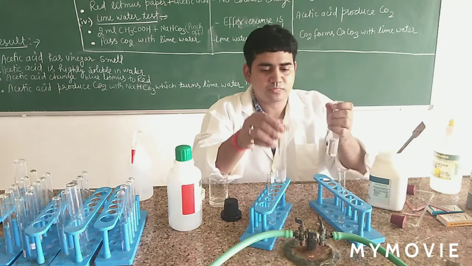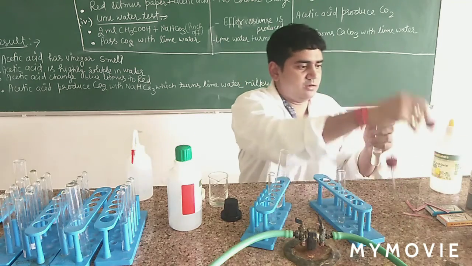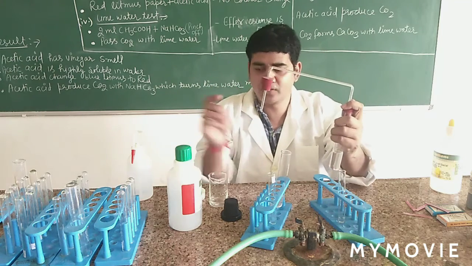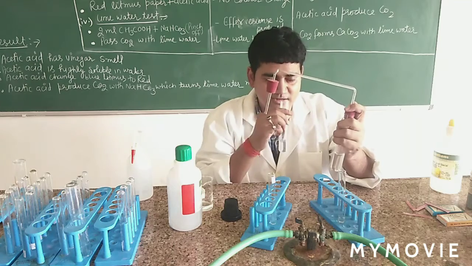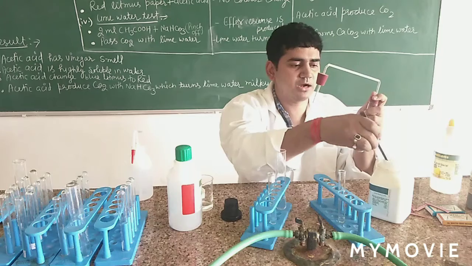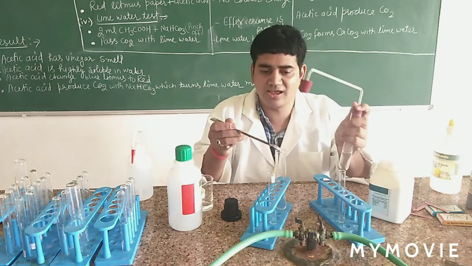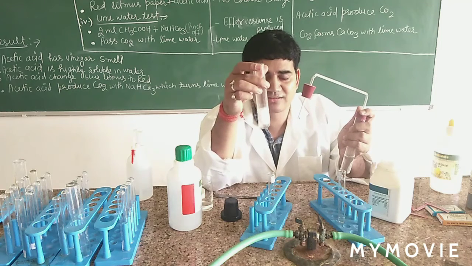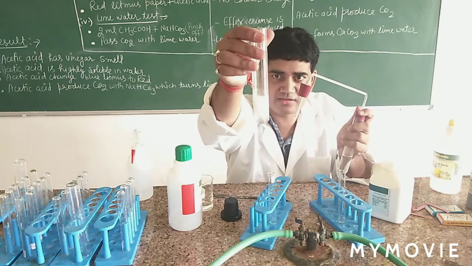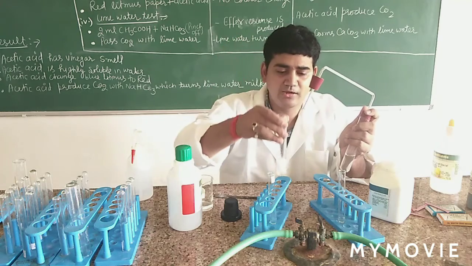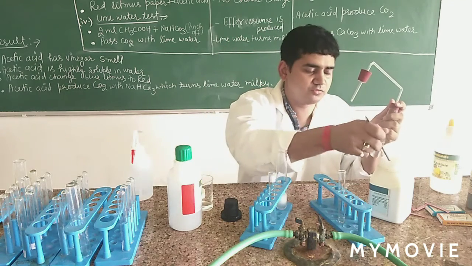Alright, now we put the cork fitted delivery tubes in both the ends of the test tubes. This is acetic acid, you can smell it now, and put a pinch of sodium hydrogen carbonate in the acetic acid. Alright, now see what happens here. A brisk effervescence is produced. It is basically of CO2. The CO2 gas is liberating with the brisk effervescence. The bubbles are coming out with high speed. That is effervescence.